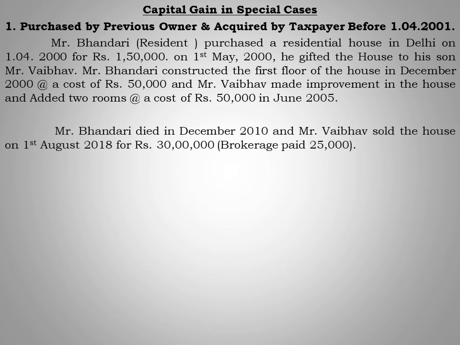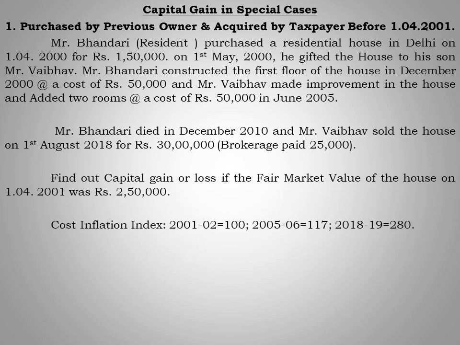Second part, Mr. Bhandari died in December 2010. So the owner of the original asset died in December 2010, and Mr. Vaibhav sold the house on 1st August 2018 for rupees 30 lakh, and the brokerage paid was rupees 25,000. So here the taxpayer or the assessee for us is Mr. Vaibhav, and we have to calculate the taxable capital gain of this person,